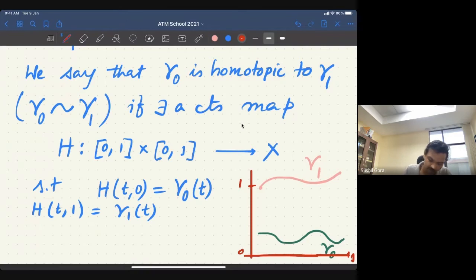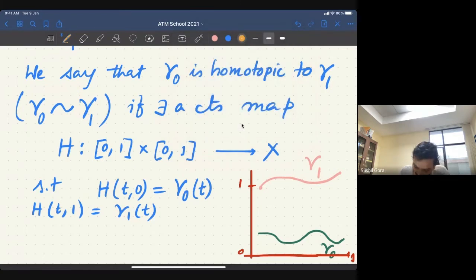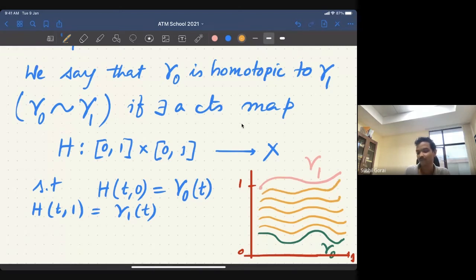All right. So what do you want? Then what happens to others? So here is what happens. For every t you have a curve. In continuous fashion, you can actually reach from gamma 0 to gamma 1. Very easy to look at, right? Now you can impose certain conditions. So for example,